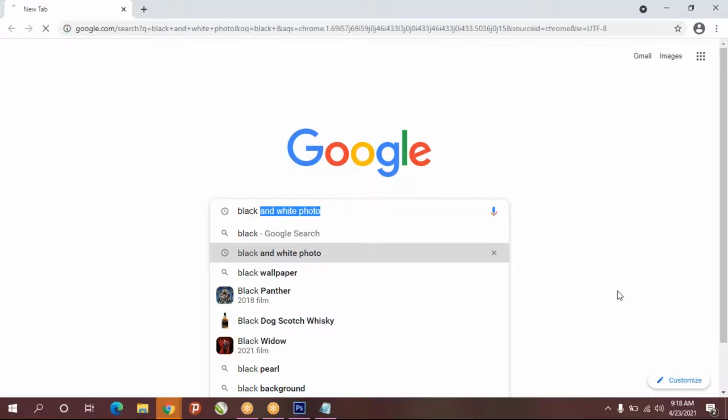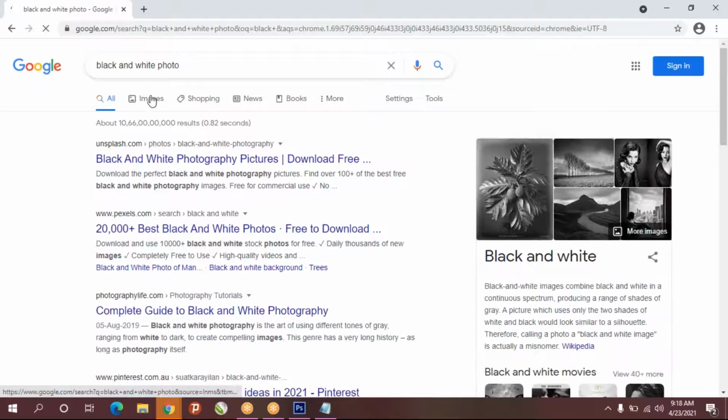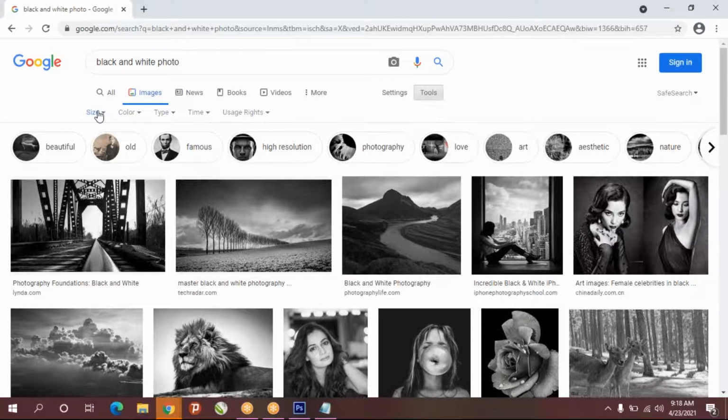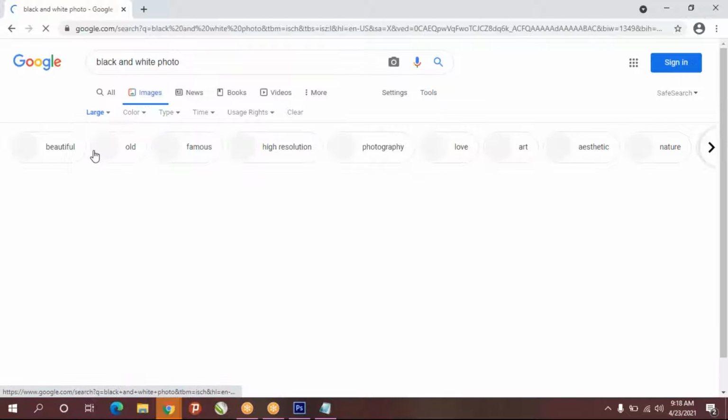So I'll download some black and white photo to convert into colors. I'll go for high resolution.